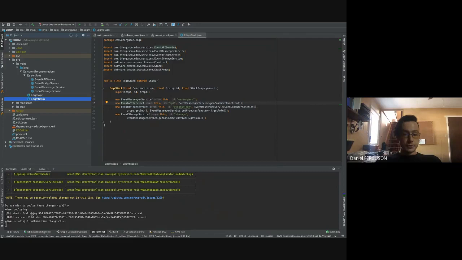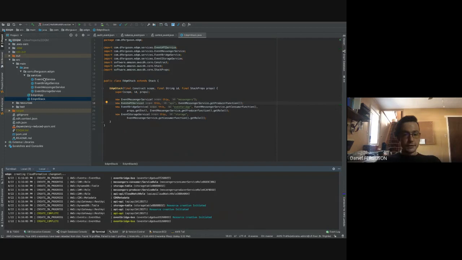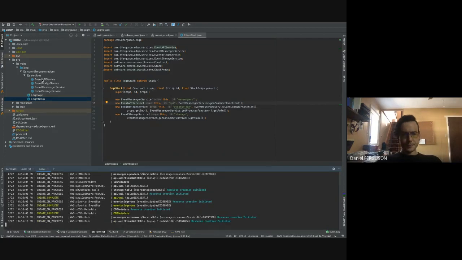As you can see, I just deployed this stack and it's creating a CloudFormation change set using the CloudFormation SDK. If we go into the CloudFormation service in AWS, we can see this change set being created. It's running up the service, and it's creating an API Gateway endpoint, which the demo doesn't really cover.